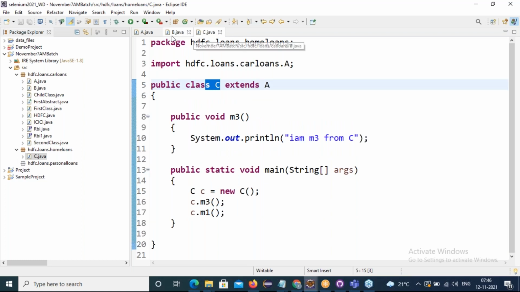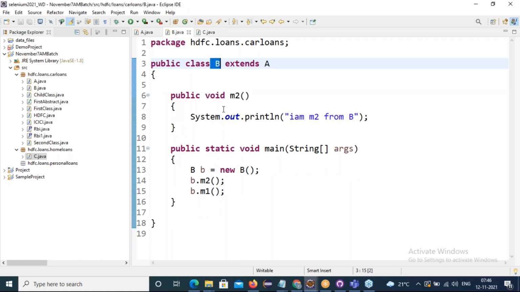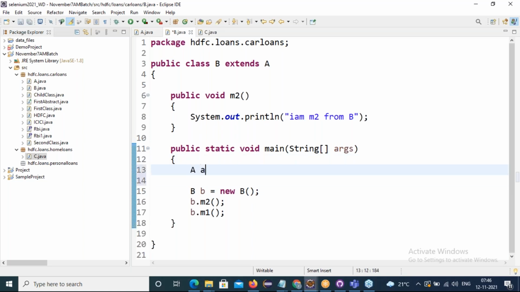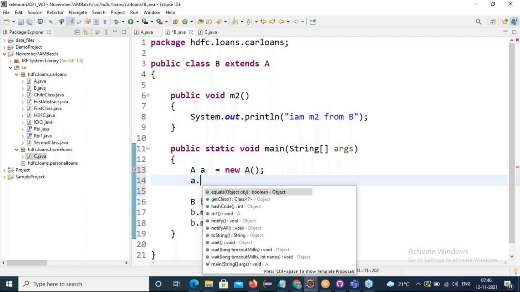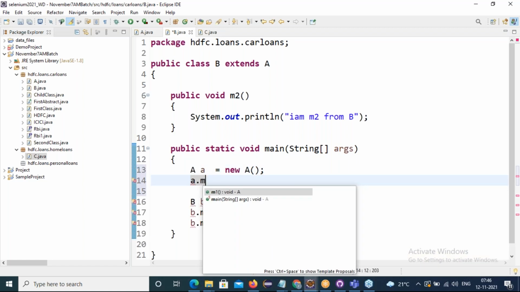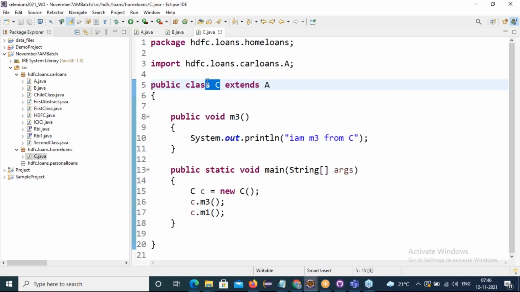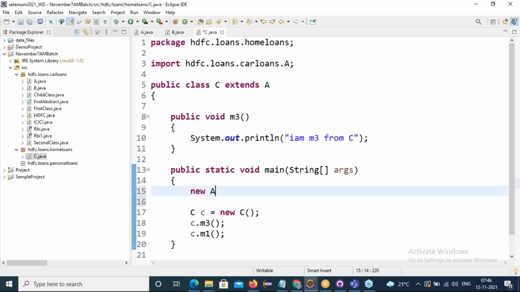Right. Now we can also create a parent class object in this, and we can access M1. See here, we are able to access M1, right? A class M1. And even here for class C, who is the parent? A. With this A class object also,